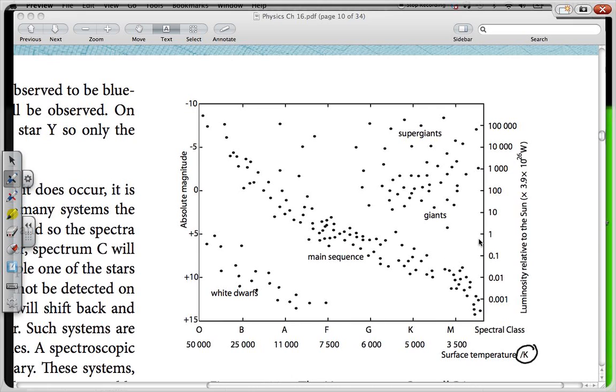Now our sun is in this region over here. As you can see on the vertical axis, on this right hand vertical axis, we have got the luminosity relative to the sun. Do you notice that? Here we've got the luminosity relative to the sun. So here we have the sun. This is one solar luminosity, and if I go across here, this is the area where our sun is. It's a type G star. It's a yellow star,